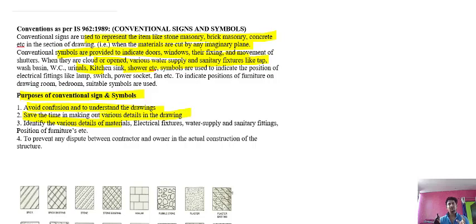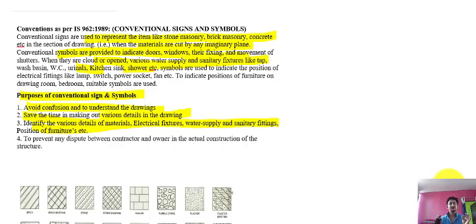If you have shown all the details, the material symbols, the movement of doors and windows, there will be no confusion and you will save time, because suppose a site engineer is reading that drawing, he will easily understand it. Third, to identify the various details of material, electrical fixtures, water supply and sanitary fittings, and the position of furniture.